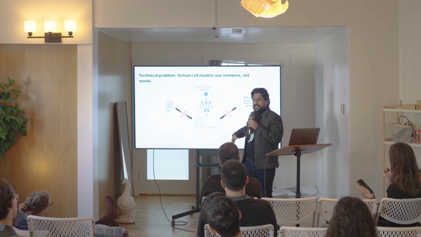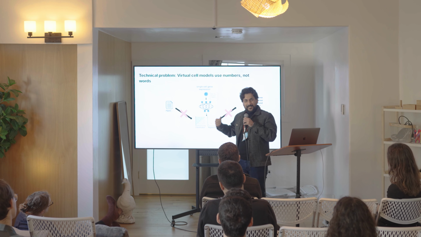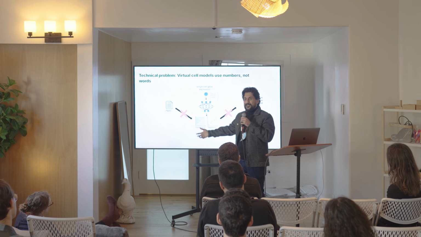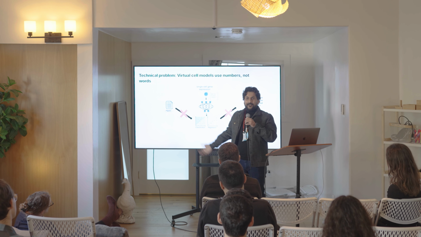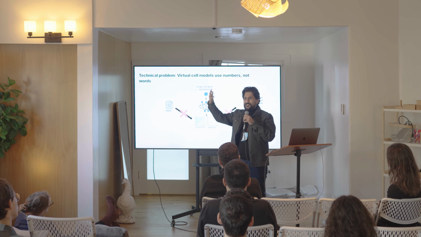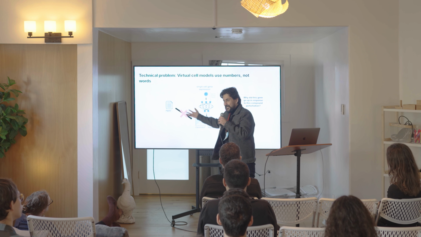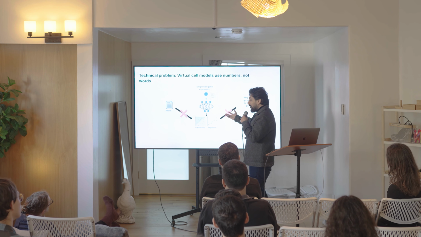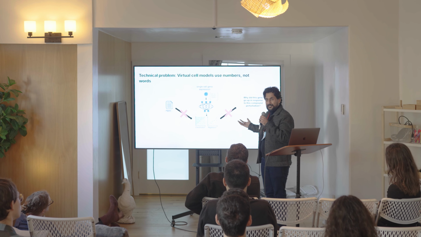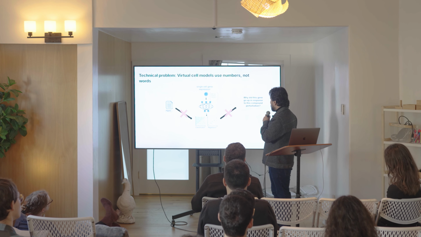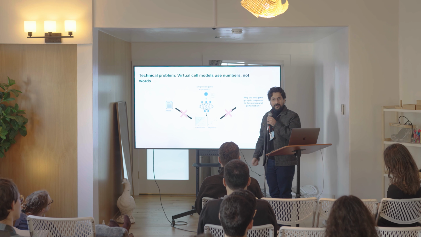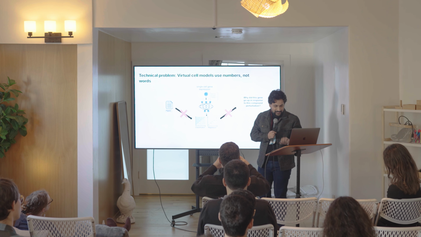What that means is that you cannot feed in a lot of other kind of information. There is a lot of information around papers, right? For the last 100 years, we've been talking about all of these gene interactions. There's so much information on the internet, right? We cannot feed it into these models. And we cannot ask these models questions, right? We cannot ask, why did this gene go up in response to this particular compound perturbation? We can't ask this model this question.